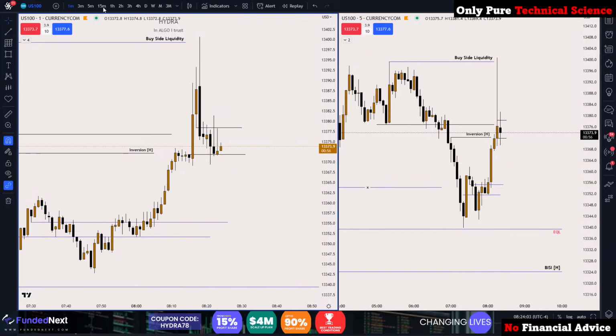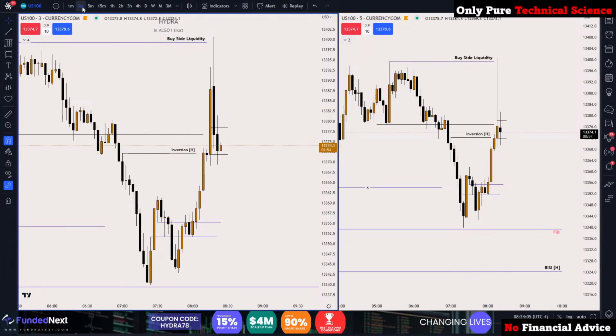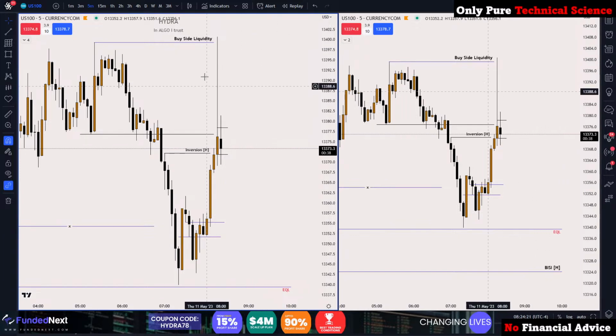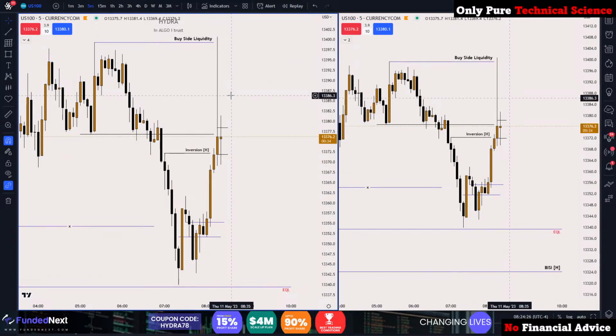But I don't really see a breaker block here that I can execute on, okay? It's gonna be a low probability trade for me. I want to see something that will give me more confirmation. If price was coming up and hitting the consequent encroachment of this week, that would have been an ideal scenario for me to look for a short. But here,